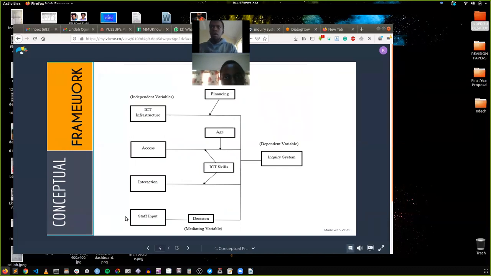In this case, we have ICT infrastructure. That's what you're going to use to be able to achieve the system. Access, as part of an independent variable, will enable the student to access information from the university using the bot. Real-time interaction by the student with the bot will enable information to be dispensed in a timely manner, and also real-time,